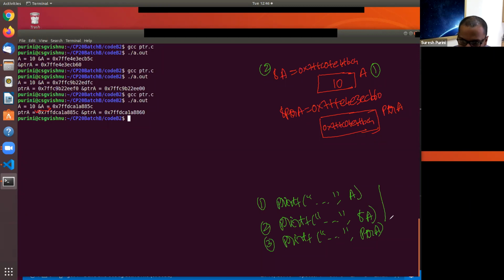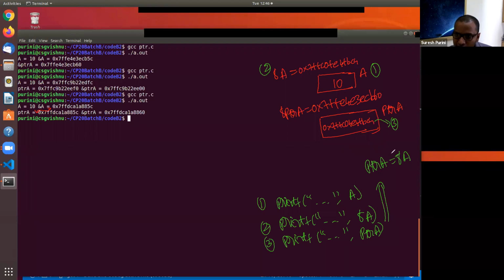But in the program that we have written, we said ptra is equal to address of A. So because of that, when we print ptra, the address of A gets printed.